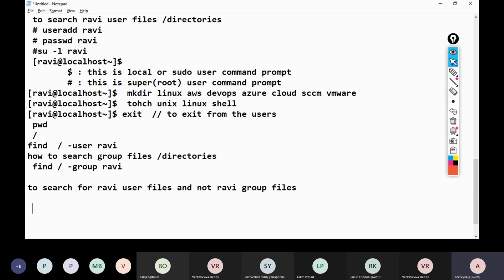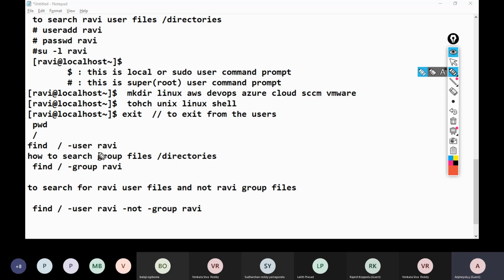We can give find, then /user. The user is Ravi. That means first I want to search Ravi user files, not Ravi group files. So then we can use -not, then group. The group name is Ravi.